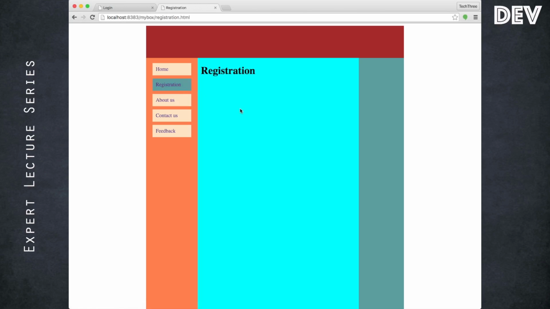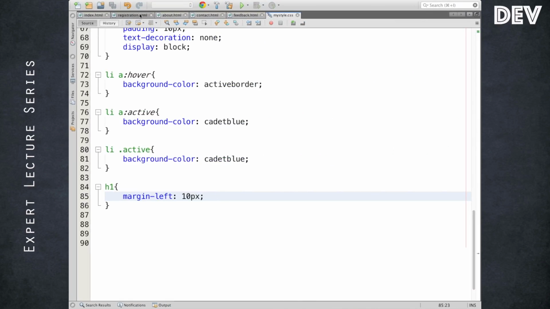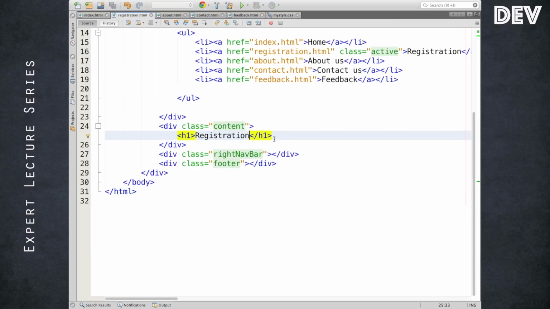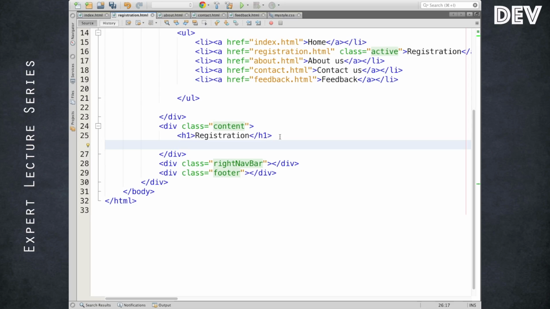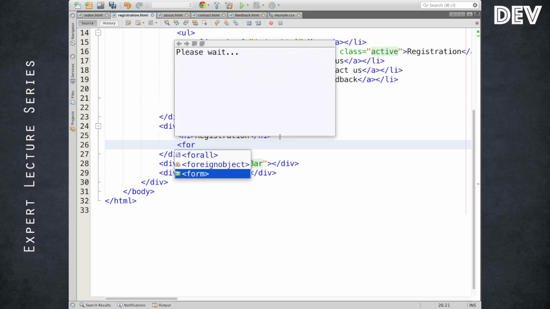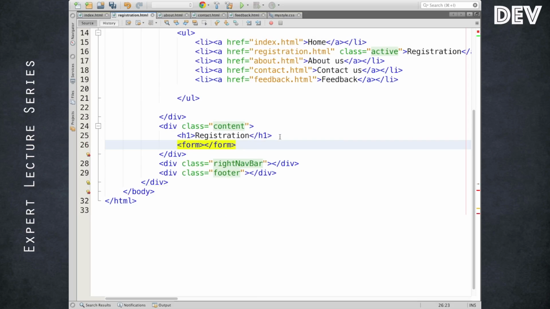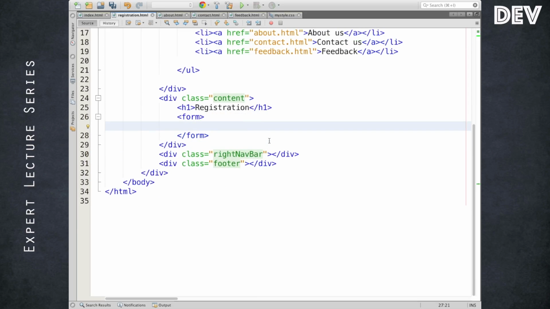Okay, now registration. We'll create a small form. Form is a semantic element, a meaningful name. It is there from the very beginning. It is not part of the HTML5 add-ons, but it's still a semantic element, a meaningful one. Within the form, a group of elements can be used as a single block to transmit the data to a server.